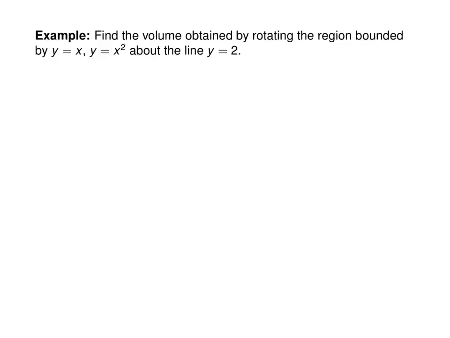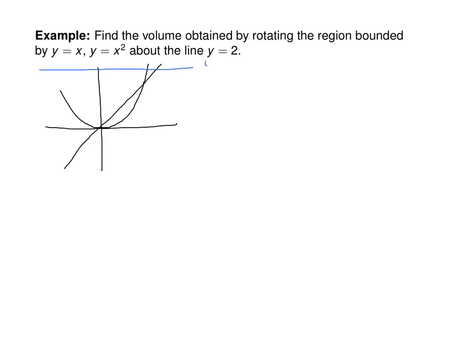So find the volume obtained by rotating the region y equals x and y equals x squared about the line y equals 2. So same region we had in the previous example, y equals x squared, about the line y equals 2. Okay, so now in this case, I make my slice, and I have to find the outer radius and the inner